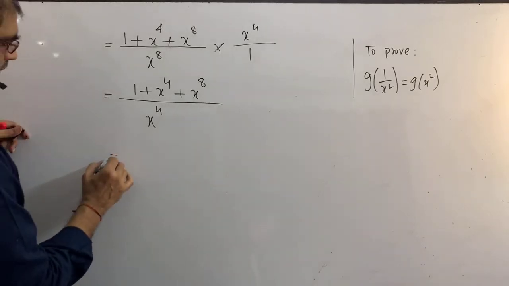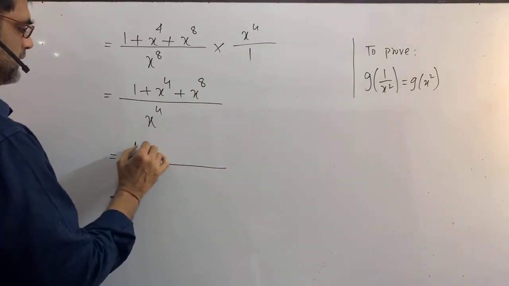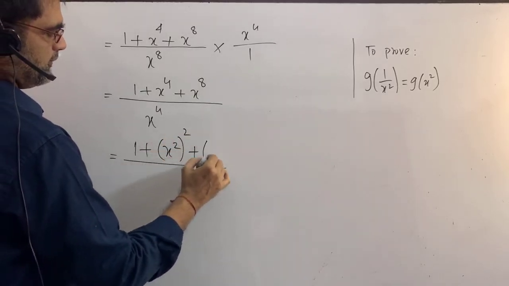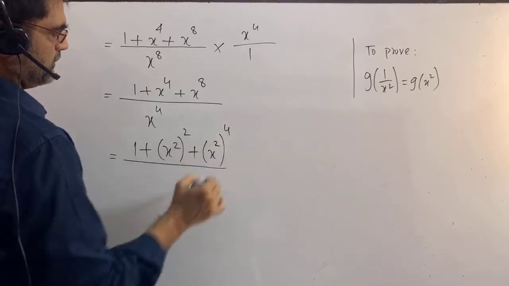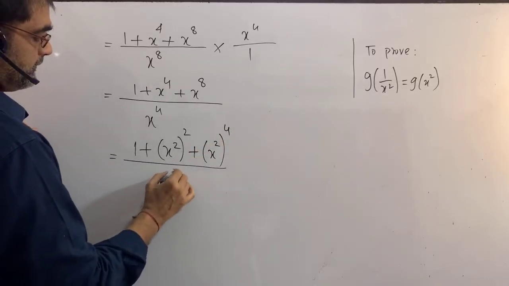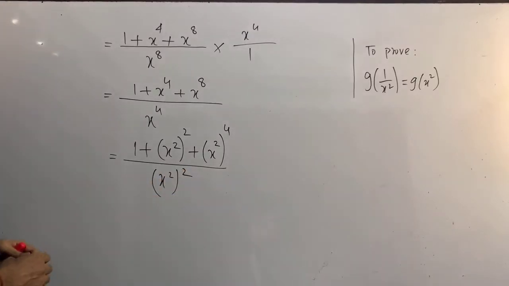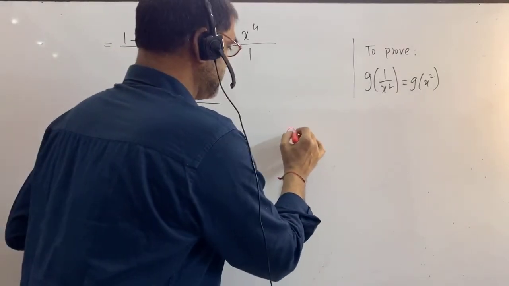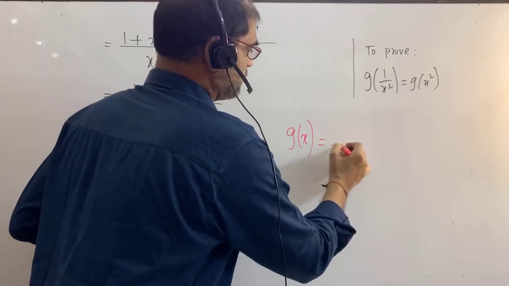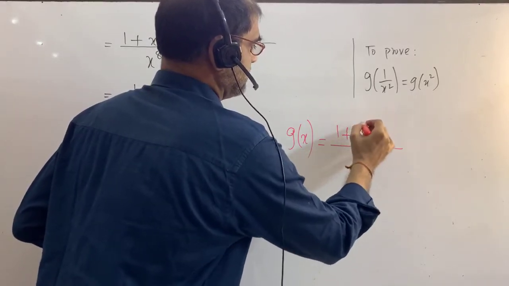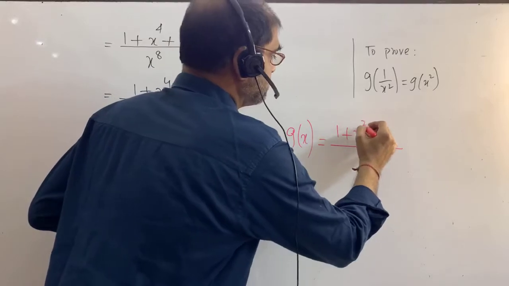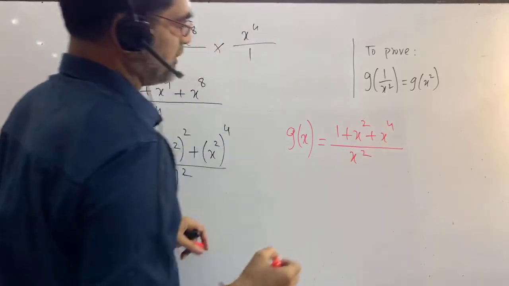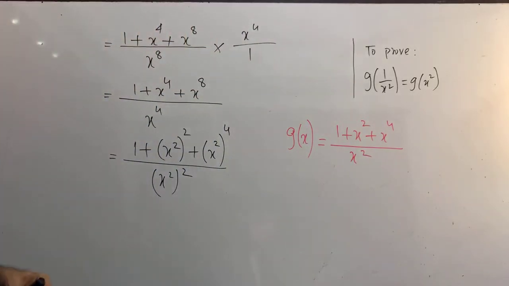We can write here 1 plus x square whole square, x square whole to the power 4 by... Actually, what the math was given, we were given the math f of x equals 1 plus x square plus x to the power 4 by x square. The math was given like this, right? Is it? Now you see,